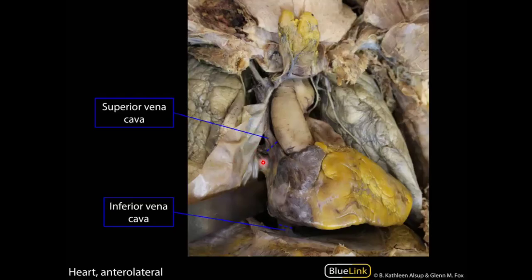Then still these are the great vessels, superior vena cava at that point, inferior vena cava at that point after passing through the caval opening at the T8 vertebral level. Okay,